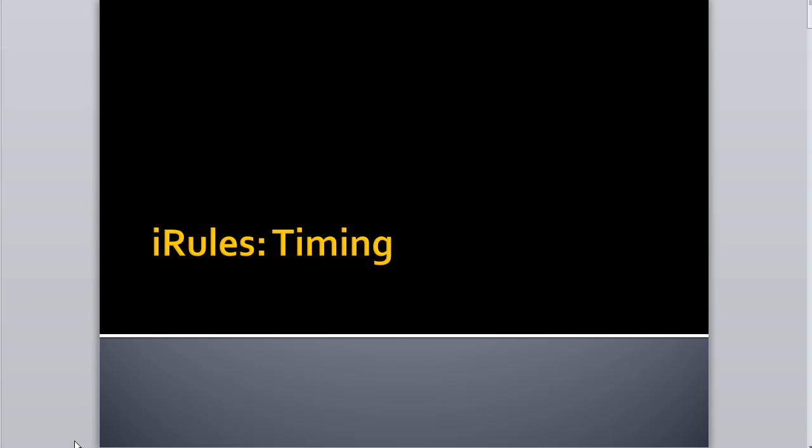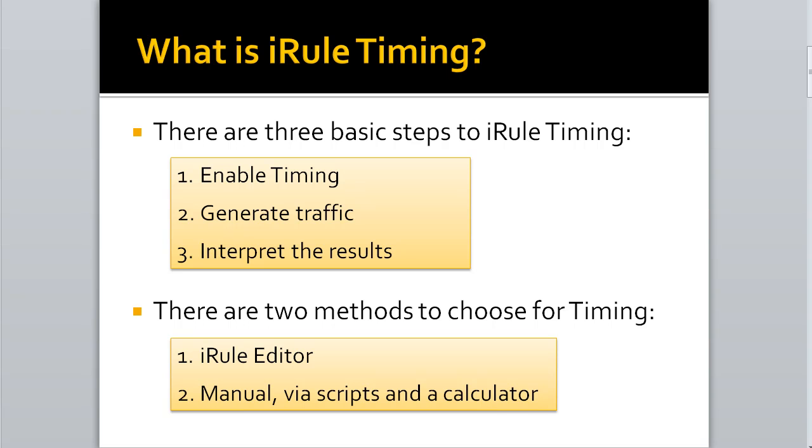Welcome to Dev Central, and we're going to spend a few minutes together talking about iRules timing. With iRules timing, it is a command in iRules that allows you to track how much CPU time the iRules take. So that's useful for seeing what the impact is to your box on running rules, and giving you insight in how to, or not necessarily how to optimize them, but whether or not they are optimized as you make